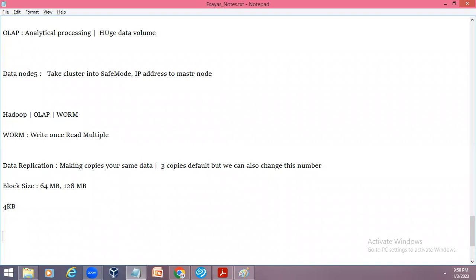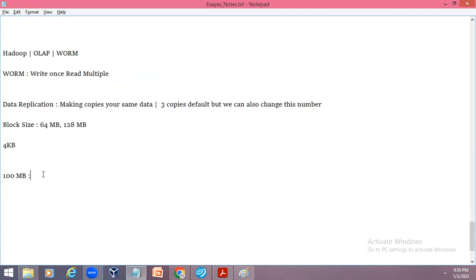Let's say you want to store 100 MB of data. For a Hadoop system, how many blocks will you require? On Hadoop, we need 2. 2, right? 64 plus 36. Yeah, right? But when it comes to the traditional system,